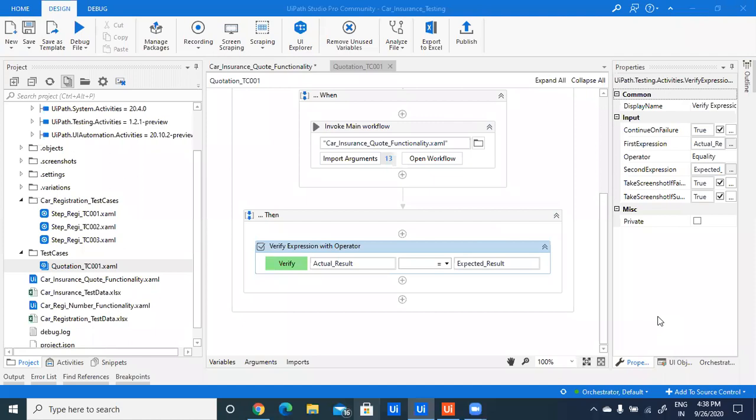There is one more question, Sony. Can you read that? How does it understand if TC001 is to be run 3 times? It is because Excel has 3 rows. Yeah, we can run our test cases multiple times by scheduling them in Orchestrator.